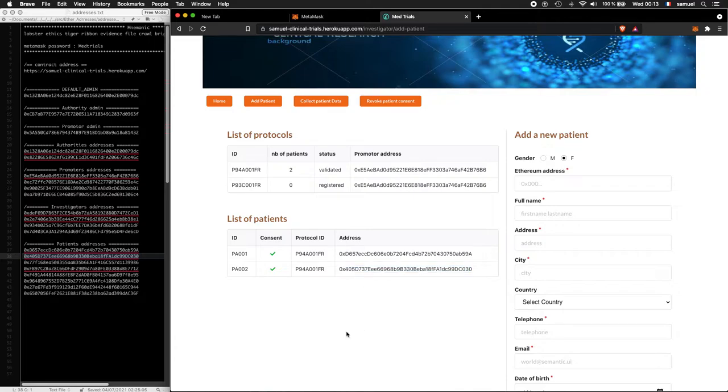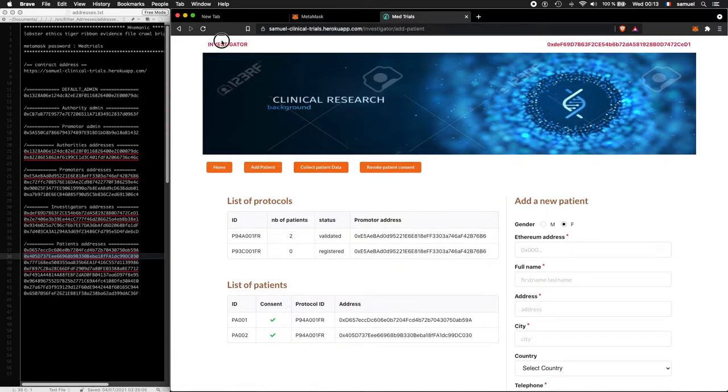So what's next? Next, the investigator can start collecting patient data. So we can select one of these patients. I will select the first one and collect his data. So we will be collecting data for different trials.